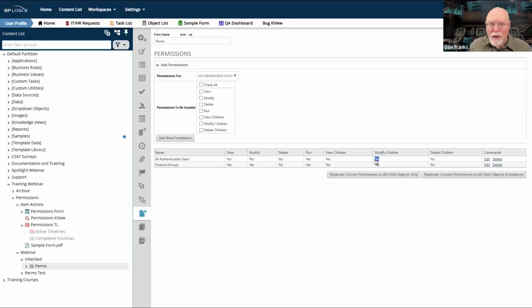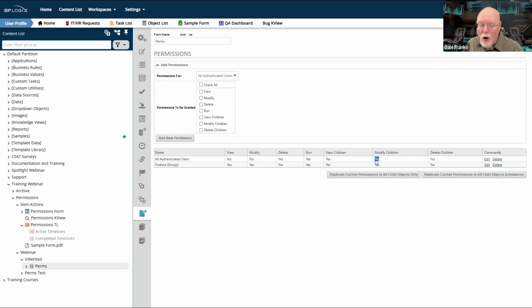Just to open it from just a normal knowledge view, just to look at the form, you wouldn't be able to make any changes to it, because your standard permission for modify children will, when it gets transferred down to the form instance, become the modify permission for that form instance, and it'll be no. So if you open it up from a content list, you're not going to be able to make any changes.